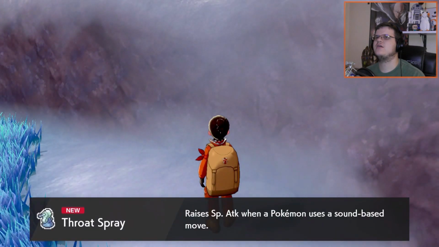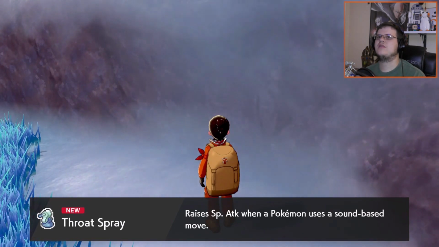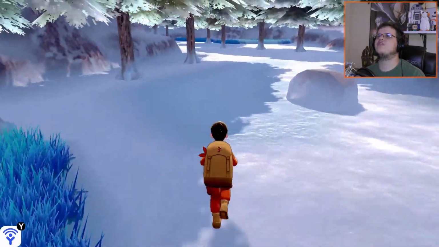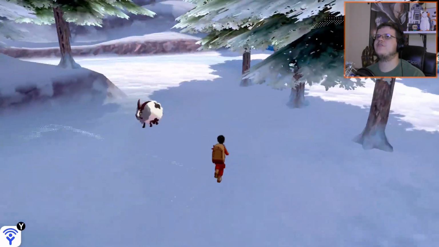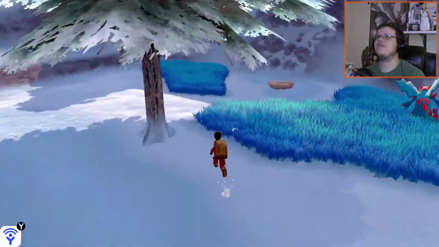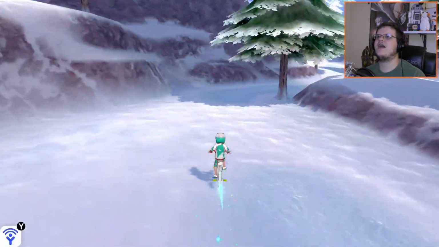Throat Spray. Raises the attack when a Pokemon uses a sound-based move. Huh. I think that's a new item. Okay, that could be really good for sound-based attacking moves. Like, for example, the Pokemon Primarina has Liquid Voice, which turns every sound-based move into a water-based move. You give that to that, and it will be unstoppable. Okay, but in any case, I think I know what I need to do. I think I need to go find...